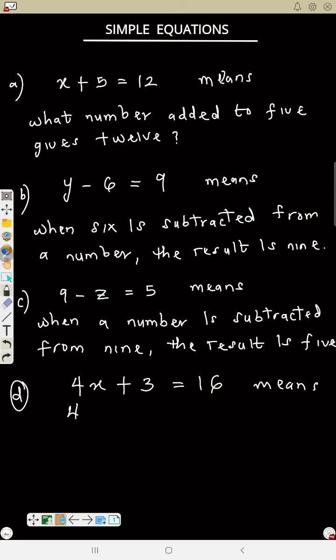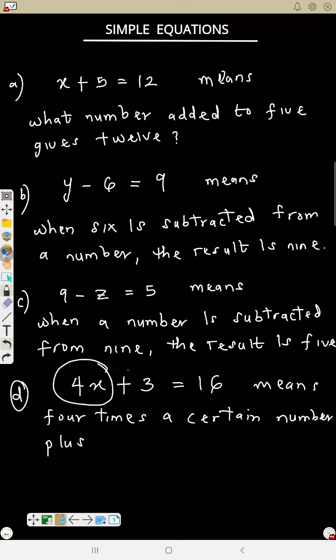So if you want to interpret this, this is 4 times a certain number,